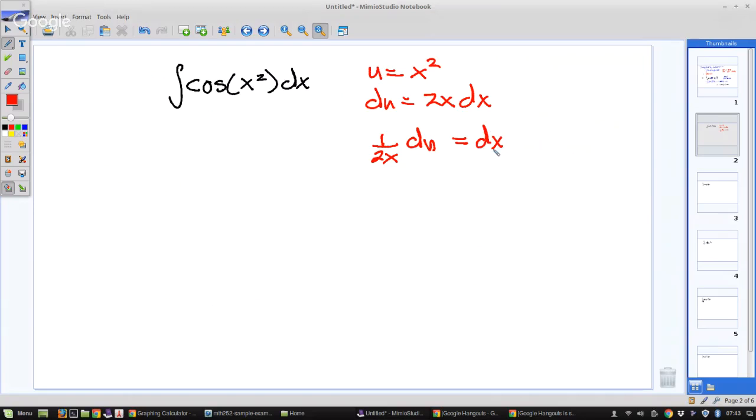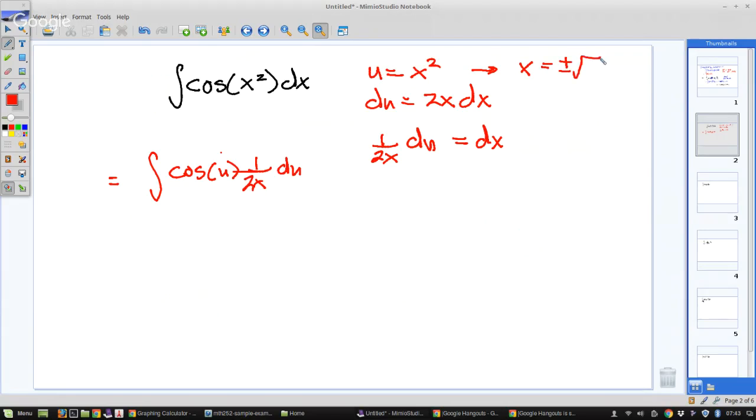But now I have a problem in that I've mixed variables. So for example, if I go to apply this substitution, I would get cosine of u, and I have dx would be 1 over 2x du. Now this is a problem because x is a function of u, and u is a function of x, and then this is just a mess. So maybe I try to get rid of the x. So if we come up here, you might note that you could solve that for x, and that would be